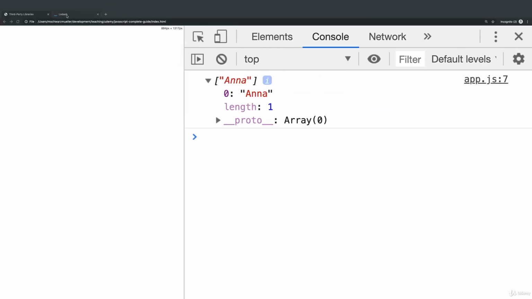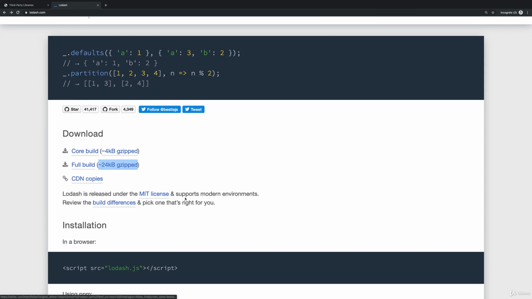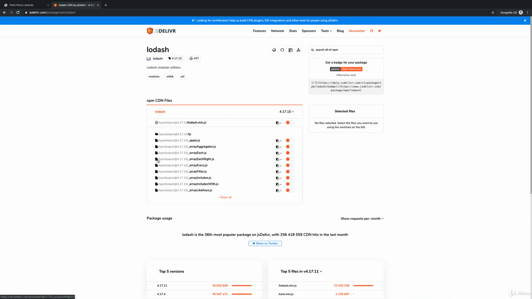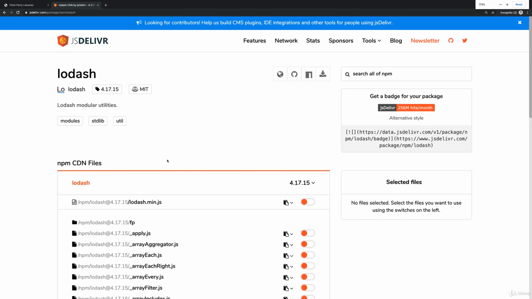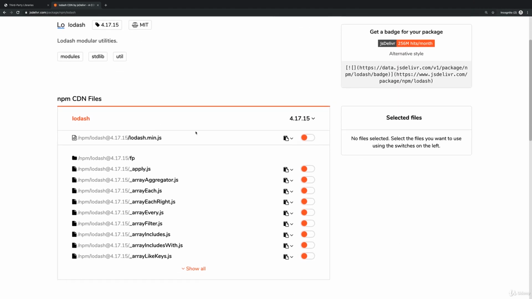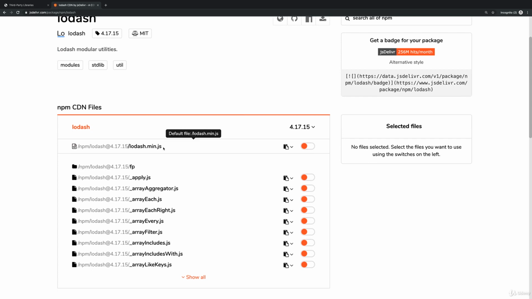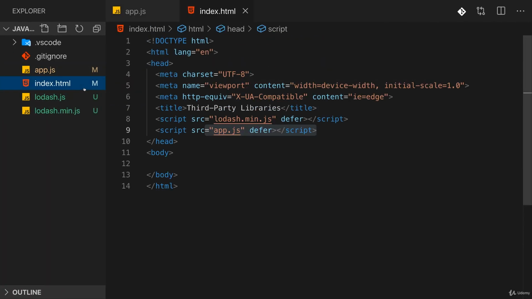Now, I mentioned there would be one other way of adding it. Most libraries also support CDNs. Here you also find a CDN copies link. And this in the end gives you a link you can include so that you don't need to download the package, the file, and manually import it, but instead you have such an externally hosted file where you can import the external hosting link. Now here in the case of Lodash, this means we can just grab this link by clicking on copy URL here, copy to clipboard, copy URL, and then in your index.html file, you can replace your